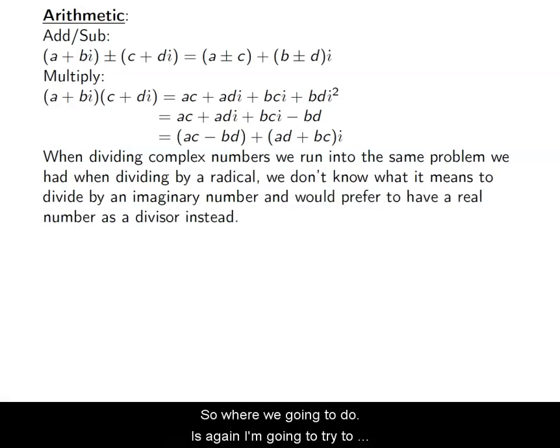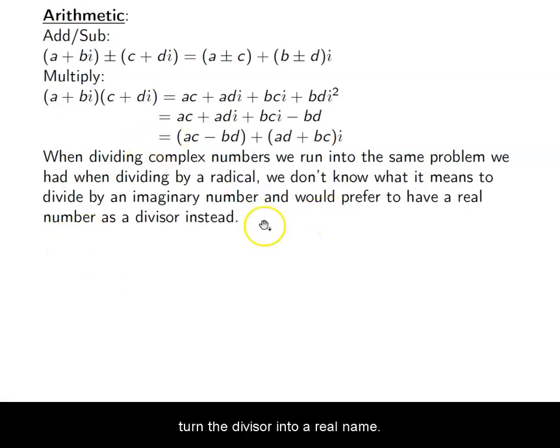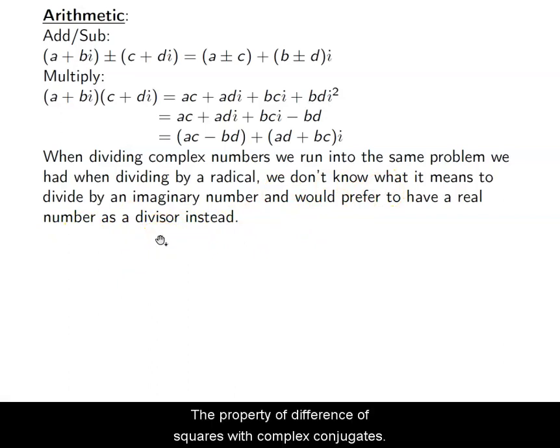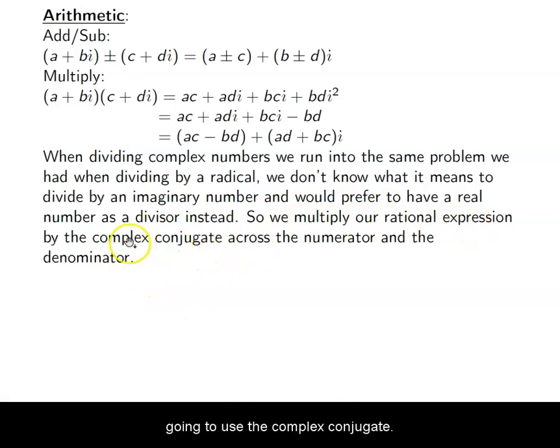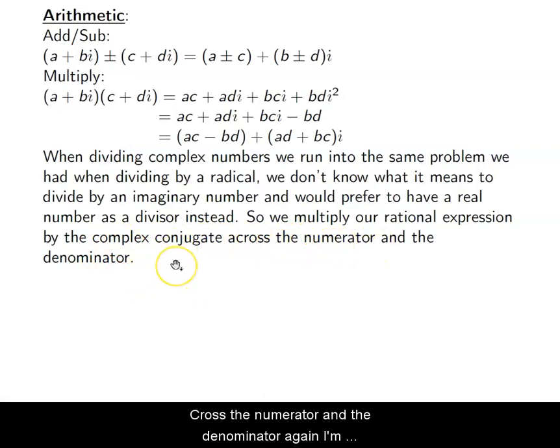So what we're going to do is, again, I'm going to try to turn the divisor into a real number. So we're going to use the property of difference of squares with complex conjugates, okay? Same thing when we had rational expressions with the radicals, we used the radical conjugates. Here we're going to use the complex conjugate across the numerator and the denominator. Again, I'm multiplying times 1. I'm just trying to change the way my